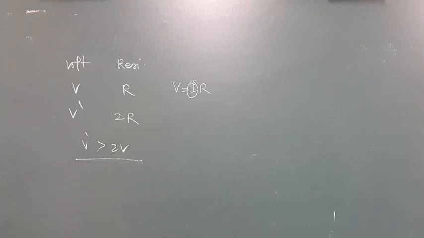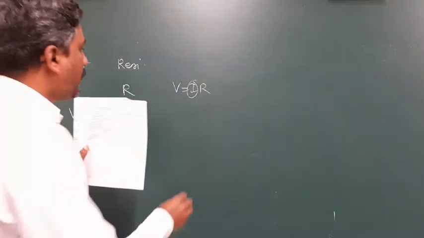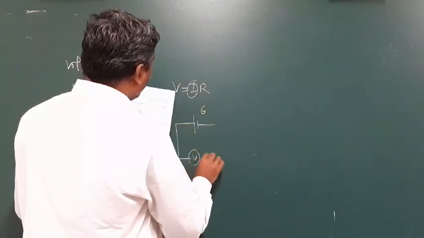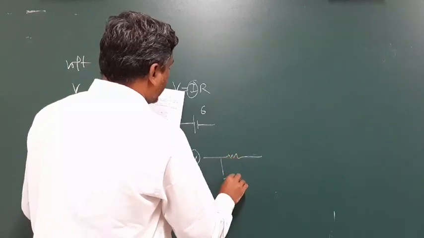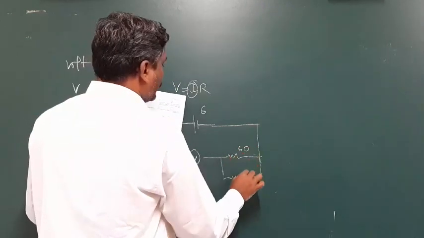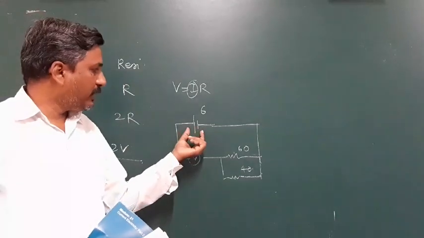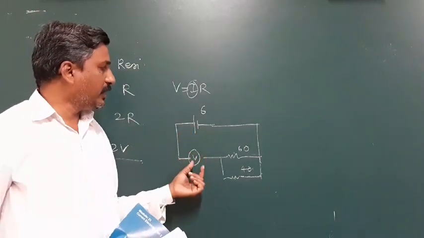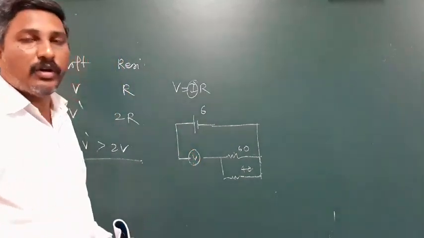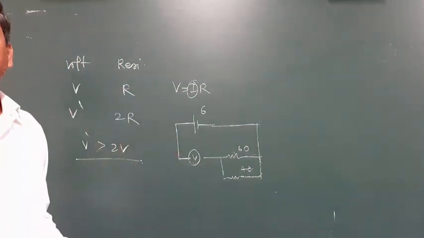Now it is very simple: this circuit is an open circuit. Here the supply of the cell is given, a 6 volt cell. Below that the voltmeter is given, and then the second part. This is my entire circuit. This is the 60 and this is the 40. These two are in a parallel combination. Whatever the potential difference is, 6 volt, the same reading is measured across this voltmeter, because remember that a voltmeter is always connected in parallel with a resistor.